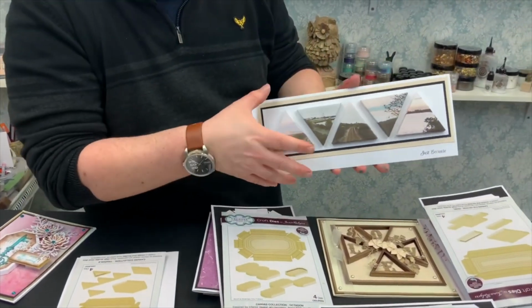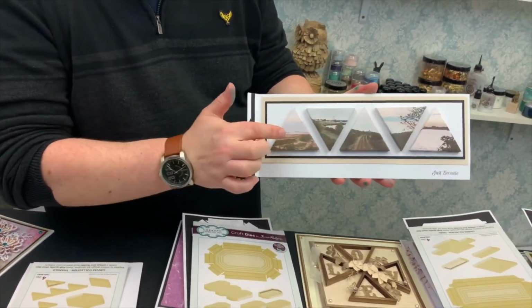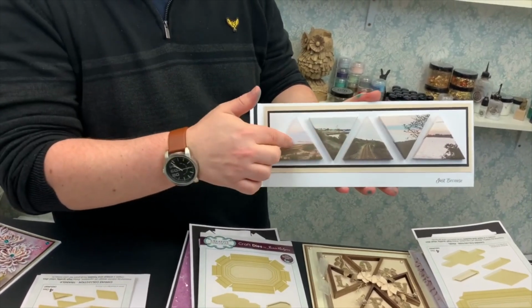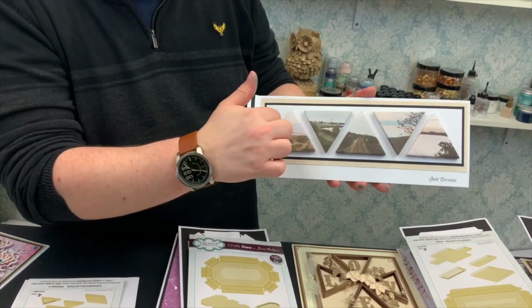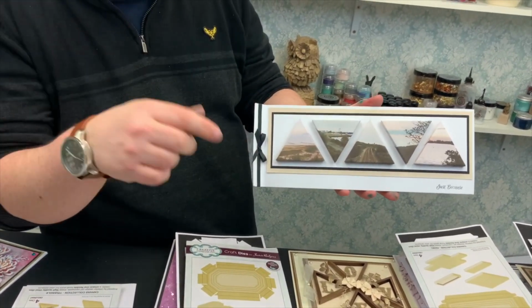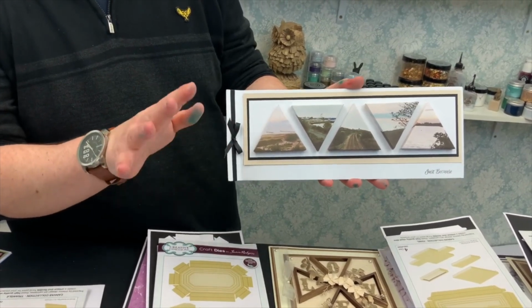So this is a big long card that opens out, obviously, for you to add your sentiments and bits. And these are photographs. We're going to be using these photographs in one of the demos I'm going to do. These are photographs from a trip that we did locally, just where I live. We literally went out for some bike rides one summer, and my niece, who at the time was about 10,